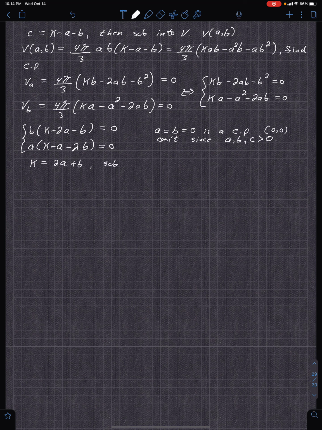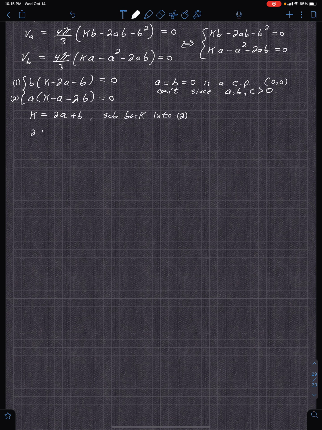And then we can substitute back into the second one, into 2. So we could call this 1 and this 2 if we want. And then we can have, at least in terms of 2 variables. Okay, so substitute back into 2, and we get,